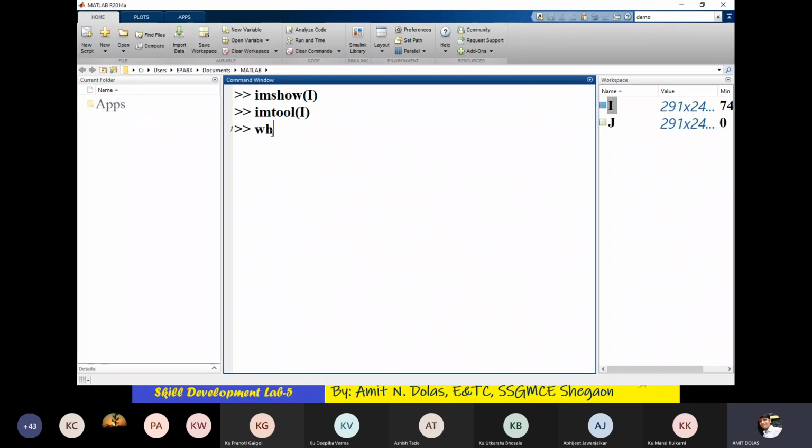I'll right now use whos I. Whenever we write the whos command, it will provide you certain attributes of the image, like the name of the image is I, the size of the image is 291 by 240, the number of bytes required to store is 69840, class unsigned integer 8. These are the attributes.